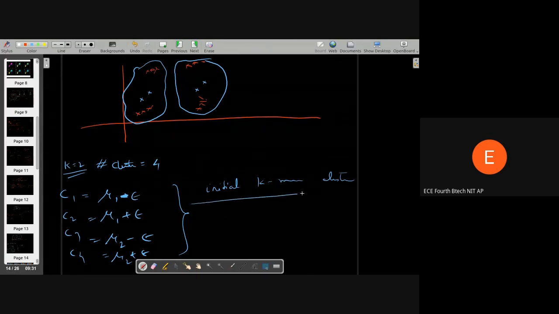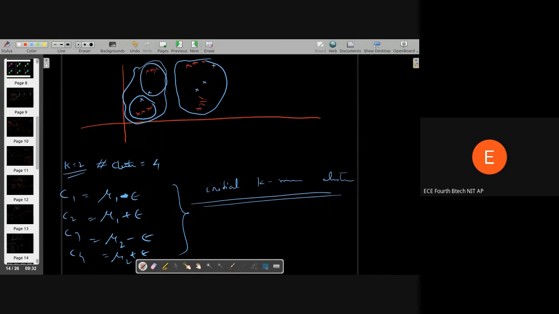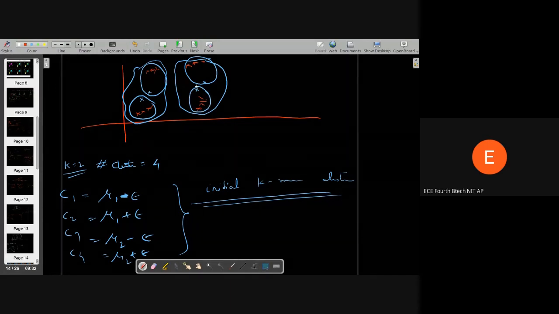Now run the k-means clustering algorithm on this. What will happen if you run it? All these data points will be assigned to this one. All these data points will be assigned to this guy. All these data points will be assigned to this. And then according to k-means, you re-evaluate